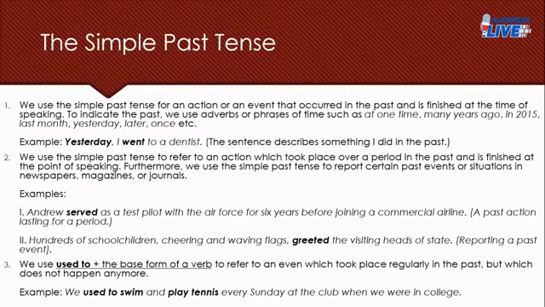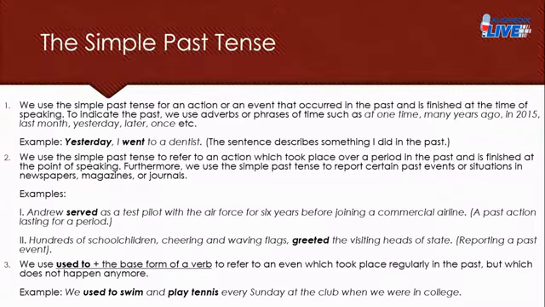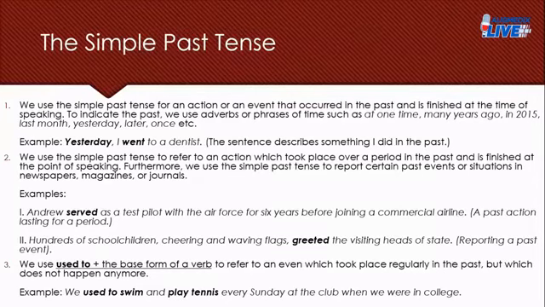Now, in the first rule, we have come to learn that we can talk about events that took place in the past maybe at one go. Maybe the duration of such an action was not so long. Maybe it was just a one-off event. But you may want to talk of something that took place for a longer period of time in the past. So what do you do? You definitely talk about it in the past tense, but at the same time, you come up with a time phrase to explain that the situation or the action took place for a longer time. How so? Let's take a look at the examples.